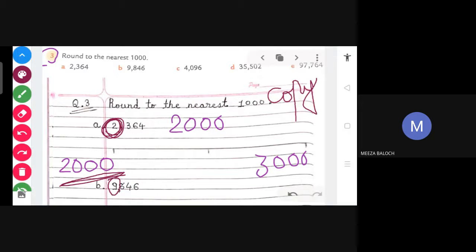Ma'am, my work is finished. Very good. Ma'am, my work is finished. Okay. So you can try the next one. Ma'am, in a rough book or fair book? Fair book, obviously fair book, because you hardly write in the fair book. If I say write in the rough book, you will not maintain the fair book. So I never say that. Okay, ma'am. Write directly in the fair book.